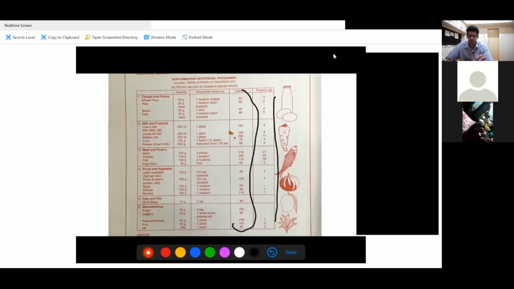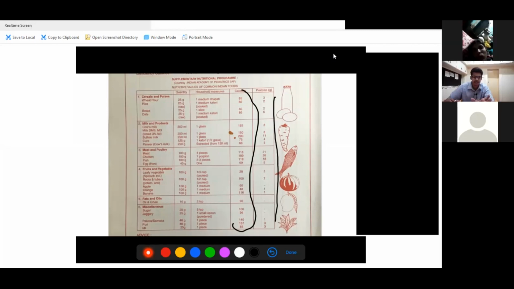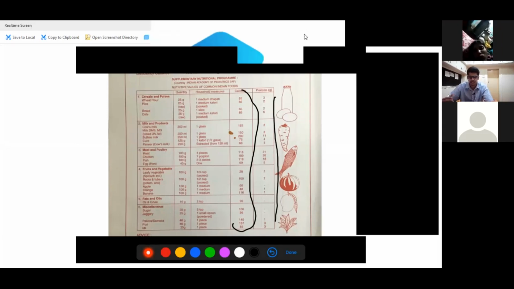Someone tell me, there is a patient who is 4 years old and you have to attain a weight of 13 from 10. What additional thing do you tell him to eat so that there are 300 calories and 6 gram protein? Someone just make a small supplementary chart in your book. What will you tell your patient to have extra? One item just to cover the 300 calories and the proteins. So I'll write it for you.